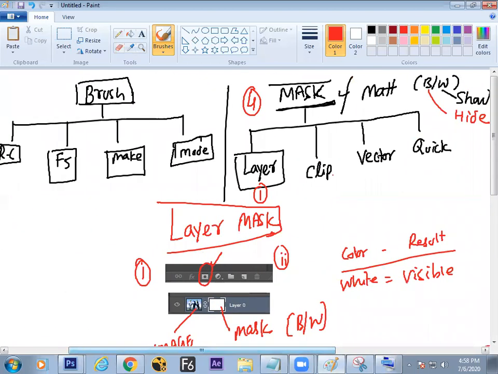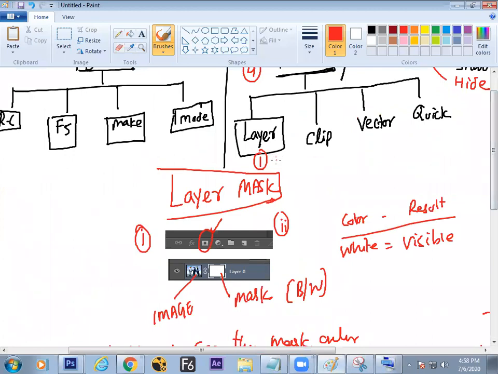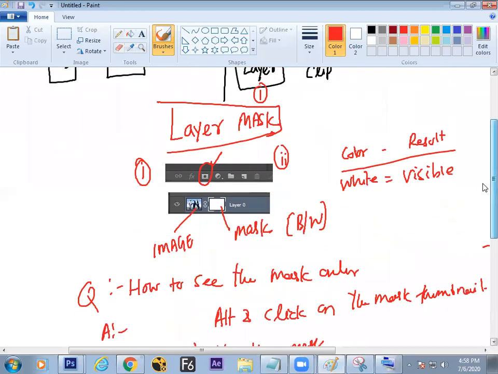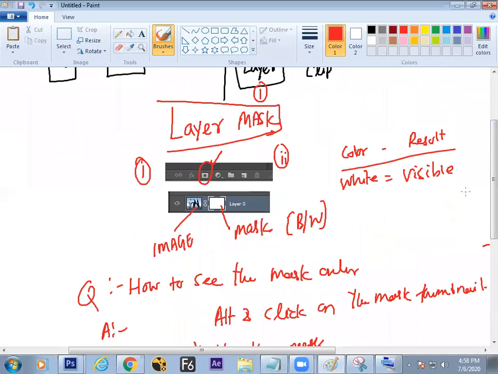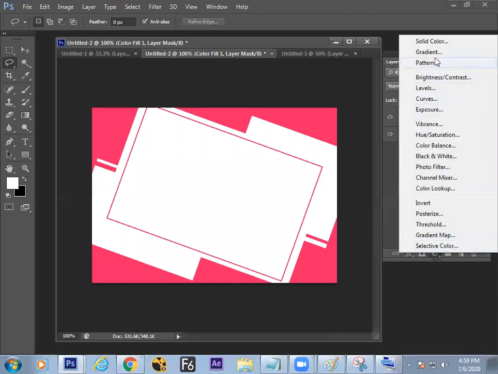Fine then, the things we have learned at present: what is layer masking? What is the concept of masking? What is white, what is black? How to make a layer mask? How many types of methods are there? Where it could be used to make a photo mixing, a photo presentation, a layout, and what are the other ways to generate the layer mask? And what is the difference between taking a new layer and filling a color, and making a solid color layer?